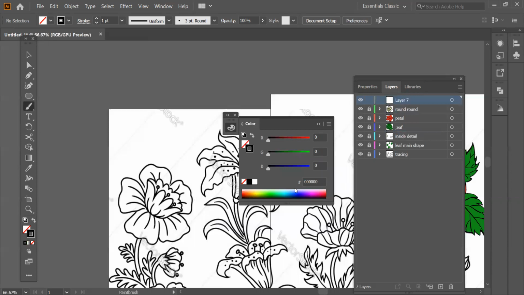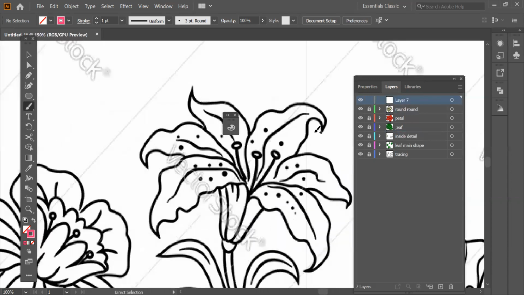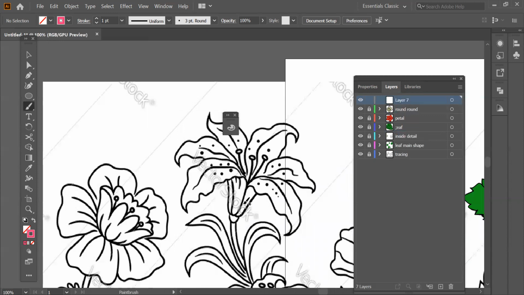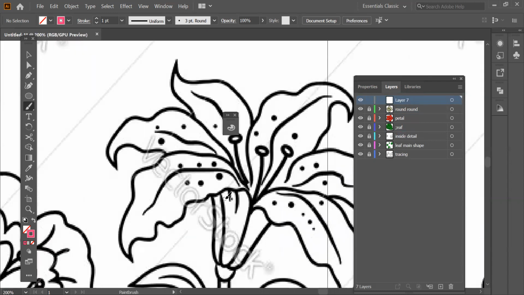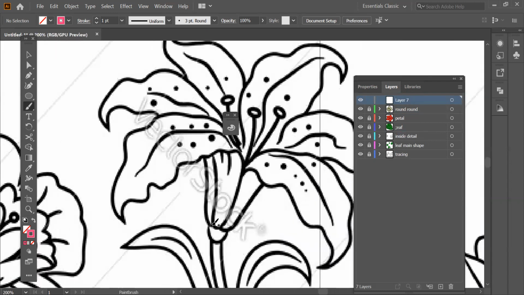Now again the same color. I'm just going to pick a different color for you to see when I'm drawing it. So now let's divide it first. See, this part I want to fill with one color. I'm dividing it even though I don't need it, but I'm dividing it into smaller sections. So I'm just going to draw this one. Don't worry about the width and height because you can easily change it here.